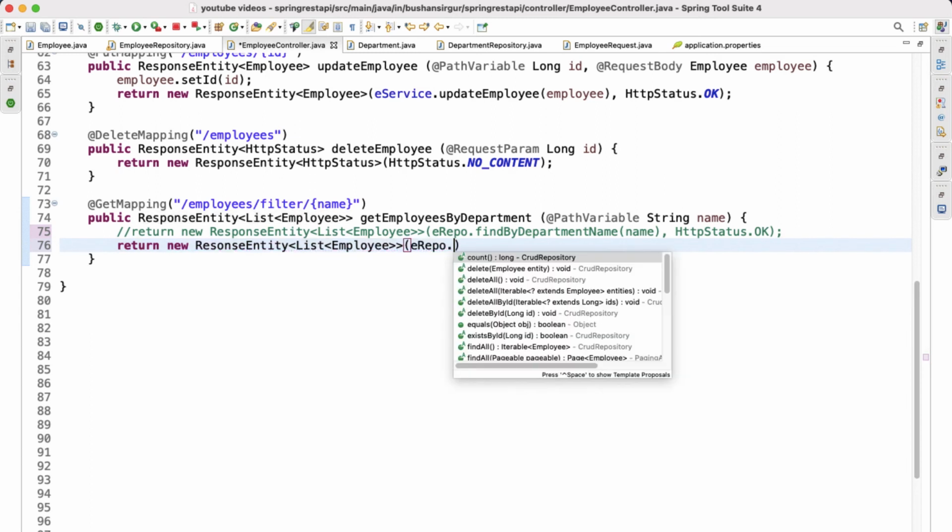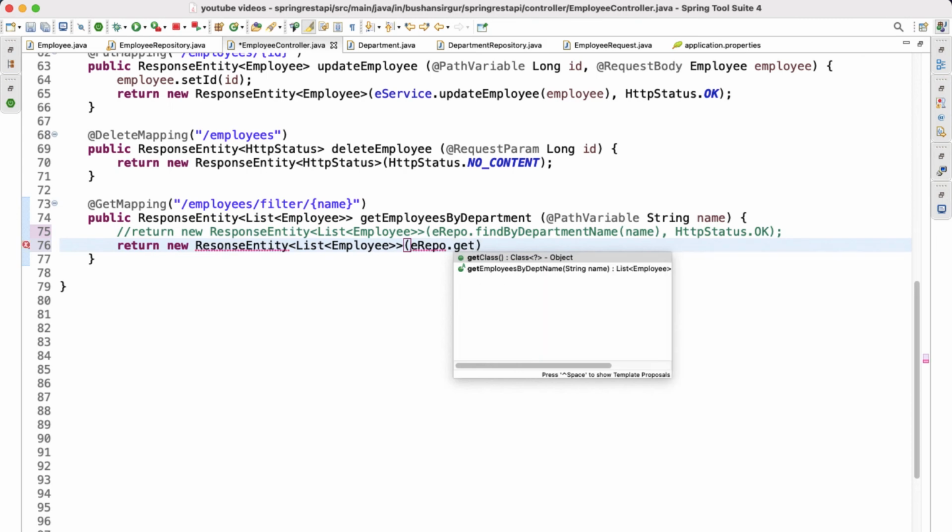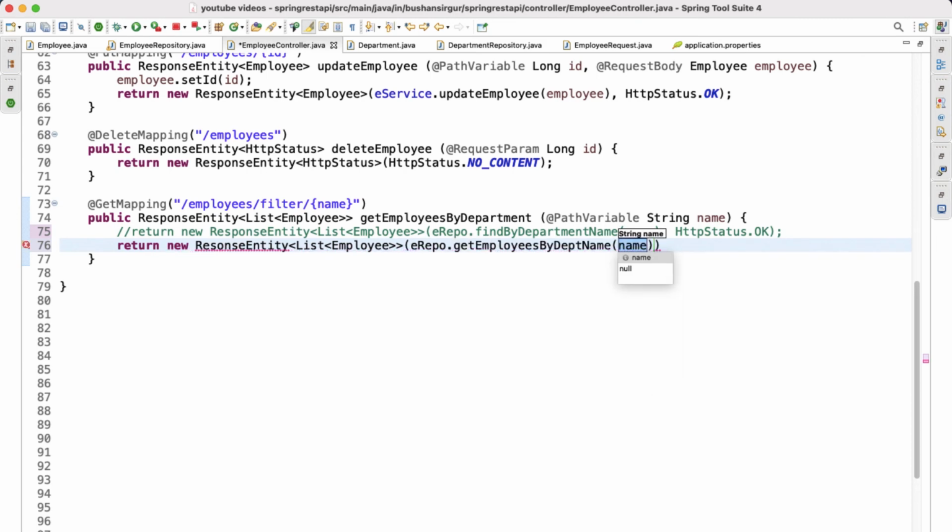Here repository dot getEmployeesByDepartmentName, and we're going to pass the department name, HTTP status OK. That's a typo error, so let's save this.